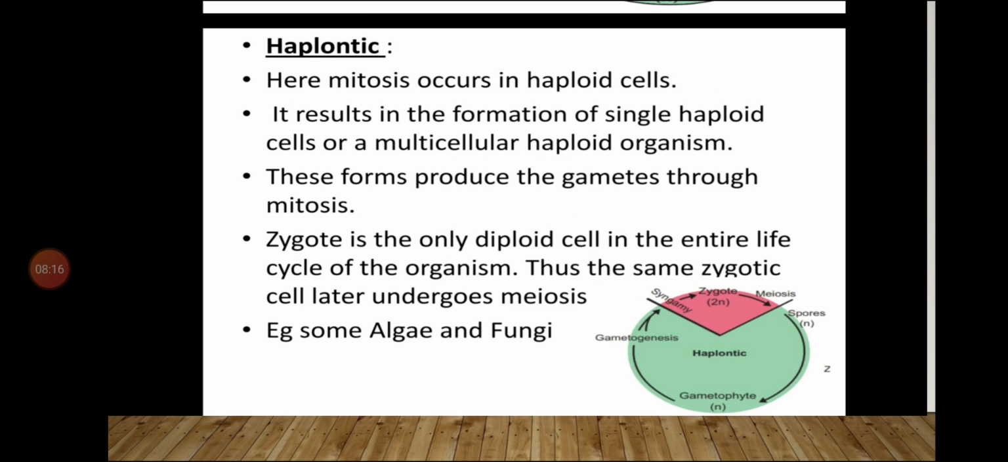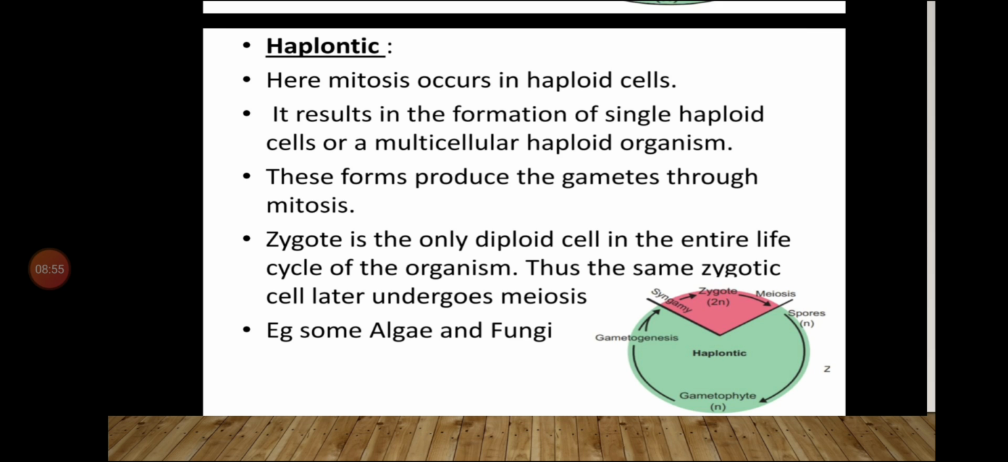Okay. Next is haplontic. Here mitosis occurs in haploid cells, which results in the formation of a single haploid cell or a multicellular haploid organism. This form produces the gametes through mitosis. The zygote is the only diploid cell in the entire life cycle of the organism. Thus, the same zygotic cell later undergoes meiosis. Okay, an example for such type of life cycle